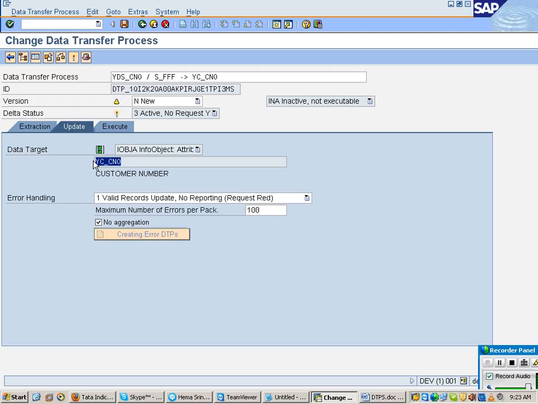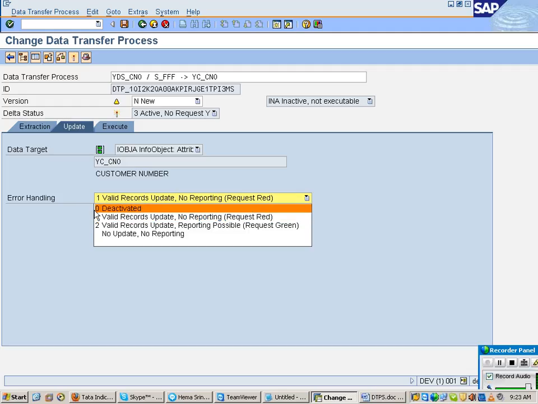It is info object. Then there is error handling, right? There is some option called that. You have different options in there. Don't get confused with 0, 1, 2, those are the option numbers. What is that option 1? Right now you can see valid records update.